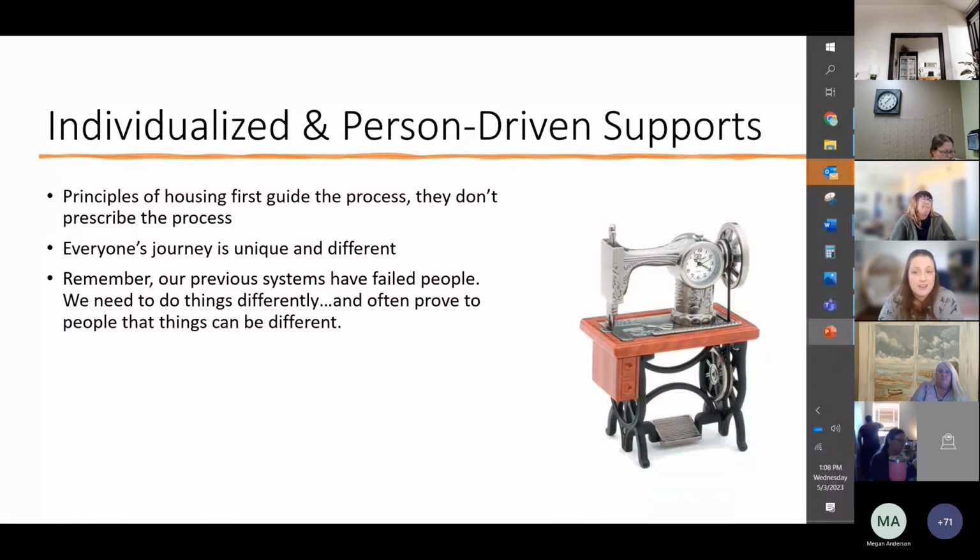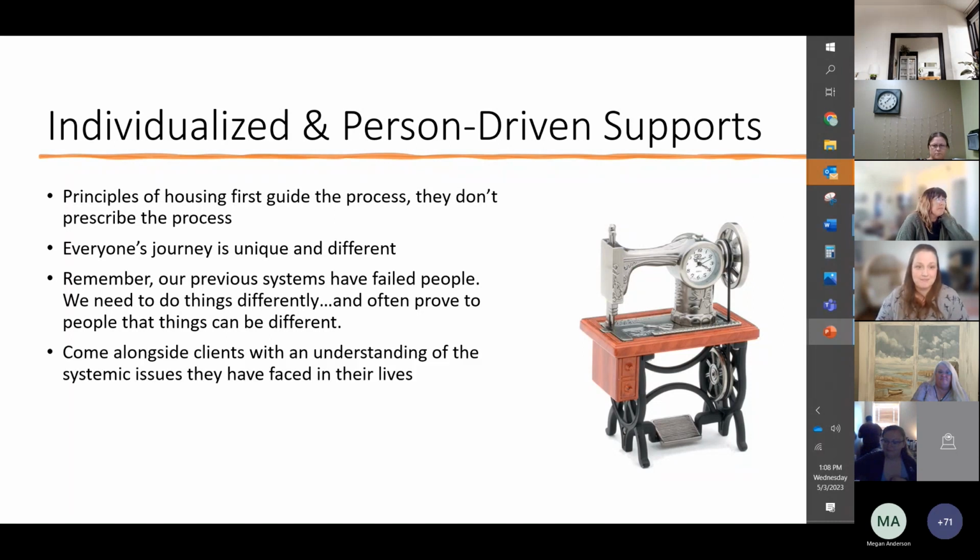So this understanding that previous systems have failed people and they're going to be suspicious of you and suspicious of Housing First, and that's okay. That's a survival mechanism. That's how they're not dead on the street. And we celebrate that. Then we figure out how we can transform that into stable housing and use those skills, and just really walk alongside people, knowing there are all these systemic issues that they've faced in their life,